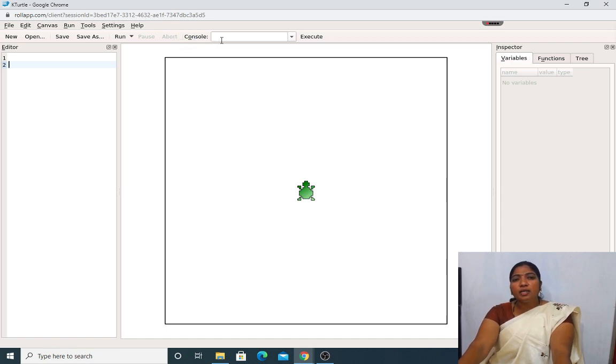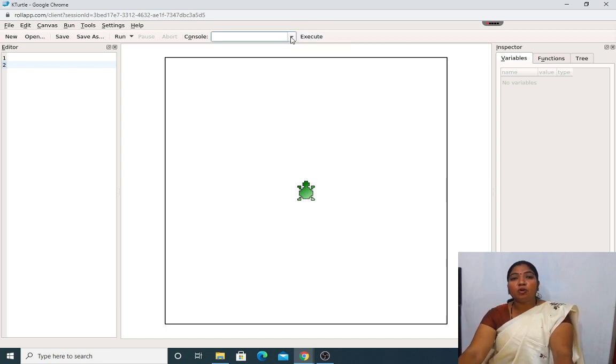And next to that, there is a console. What is the main purpose of the console? As soon as I take this cursor near the console, what actually comes here, my dear students? Write a command here and press enter. Here only keep in mind, in the console you can execute only a one-line command. After that you have to click on the execute option.